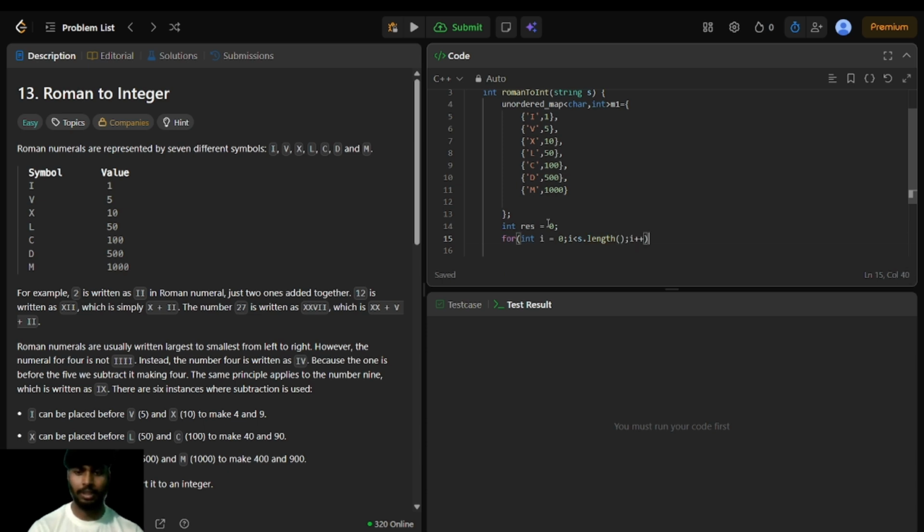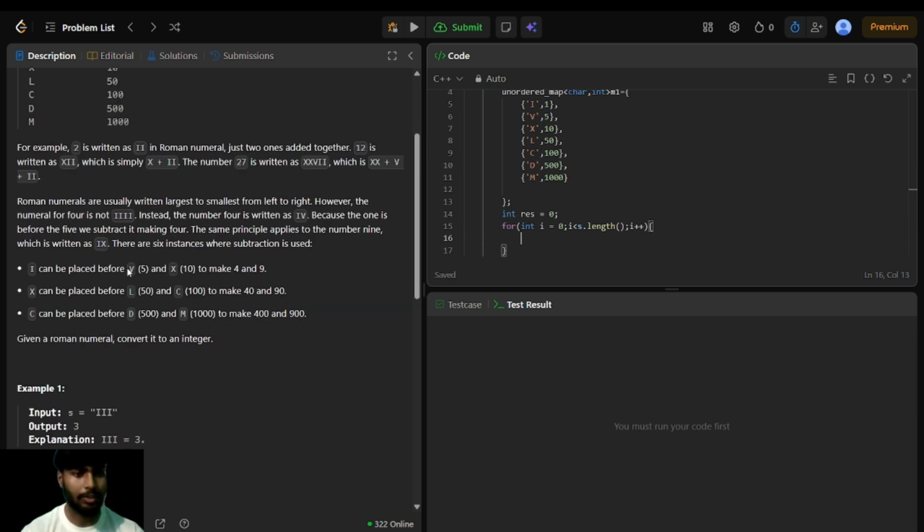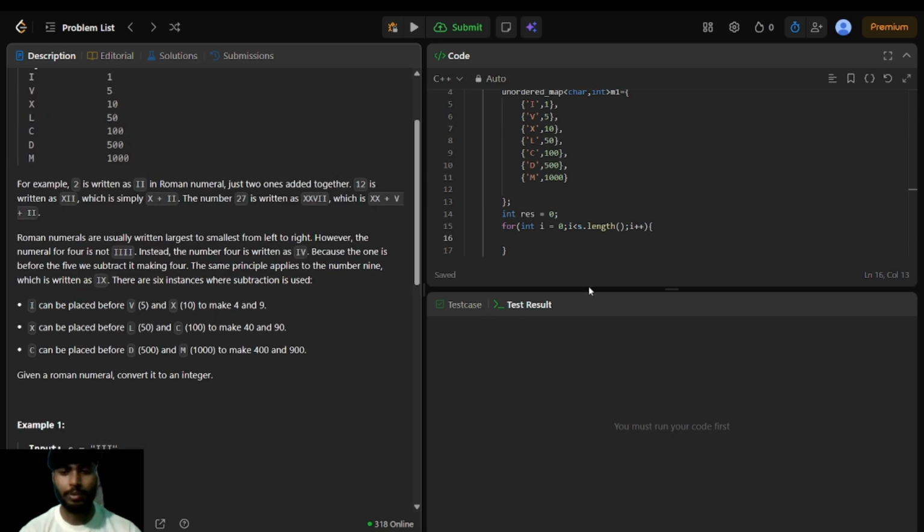I plus plus, and we will check a condition, because there is no single symbol for the values 4 and 9, they are made by subtraction. So what we'll do is calculate the value: if m1 of s of i is less than m1 of s of i plus 1,